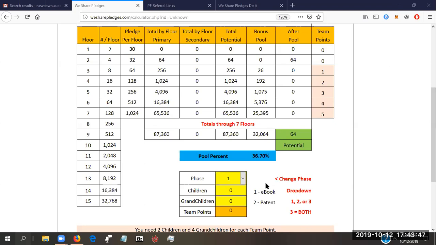2 children, 4 grandchildren. That's 2 people, Kiara, that you would personally invite in that would repeat that same action, causing 4 grandchildren. When we do this, this is a real-time calculator. There's nothing hidden here. Now you're looking at a completely different scenario. By adding 2 people, you're looking at